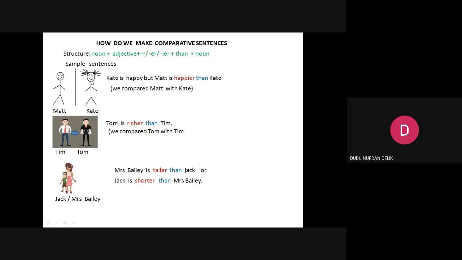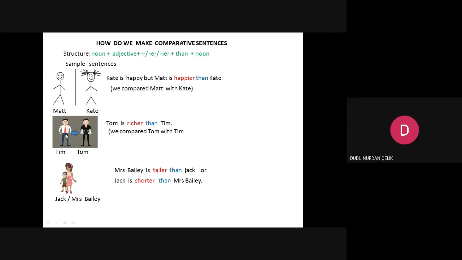We compare Matt with Kate or Kate with Matt. Two people, comparison. When we compare two things in a sentence, we say than. Because Kate is happy, but Matt is happier than Kate. We compared Matt with Kate.